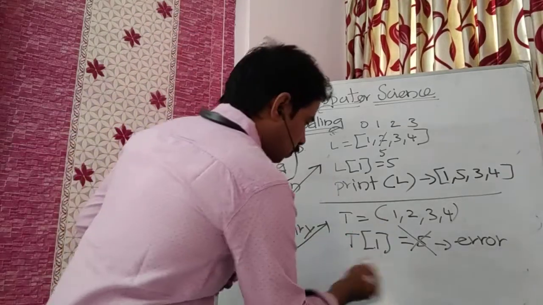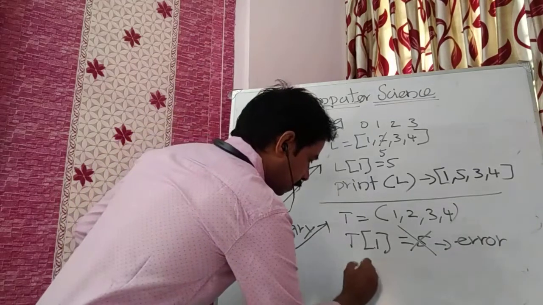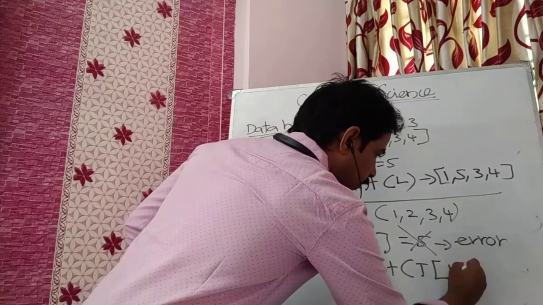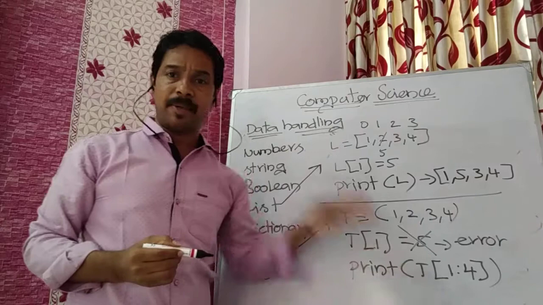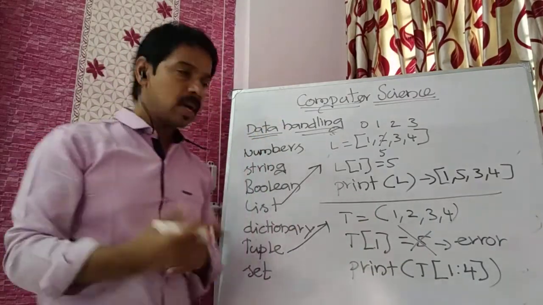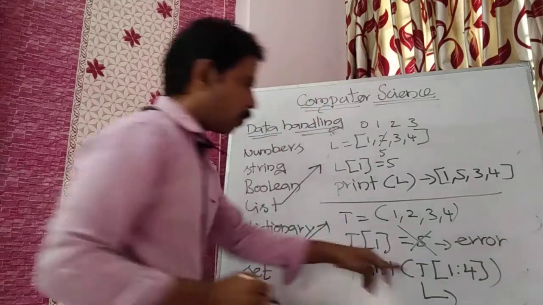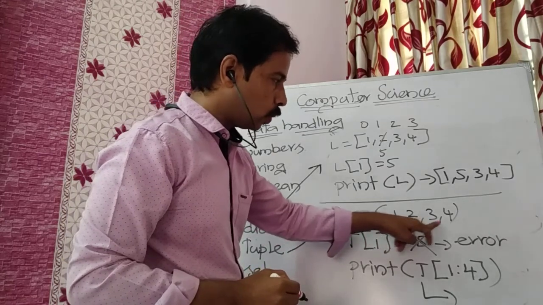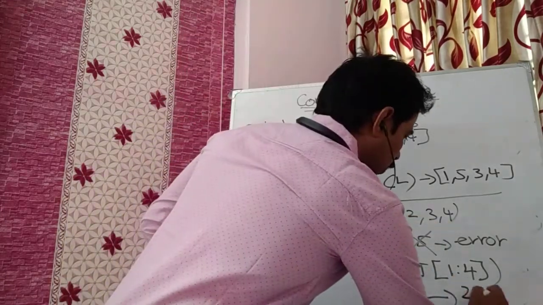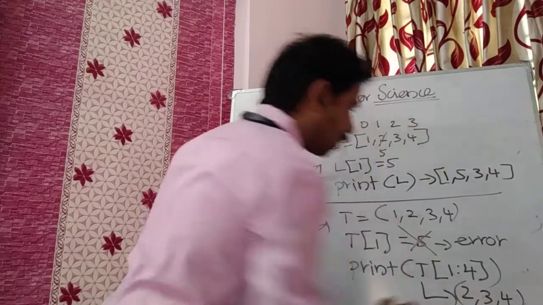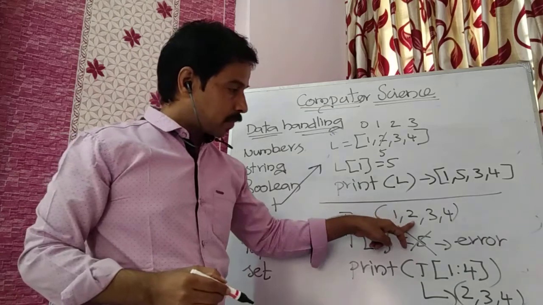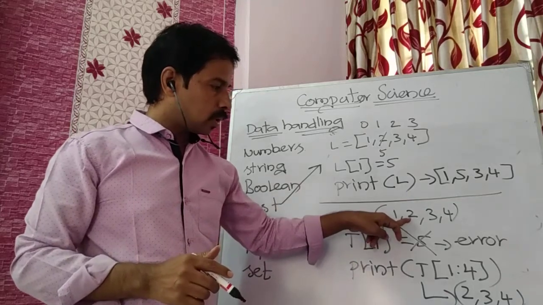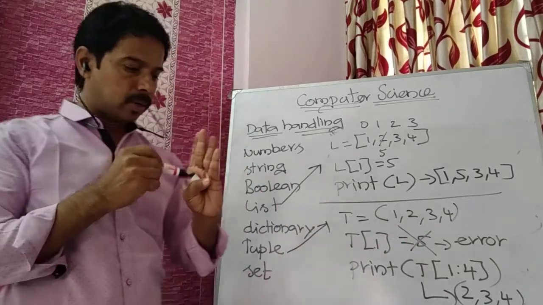Okay, fine. So if you want, you can print like we printed from the string, print T of 1 to 4. You can print like this, meaning you can access by slicing. That is possible. So what is the output for this? 1 to 4 means in this case index 1, 2, 3. So 2, 3, 4 will get printed on the screen. Starting from 1 up to 3 only; 4 means it will not consider 4. Okay. So all these 3 will get printed.